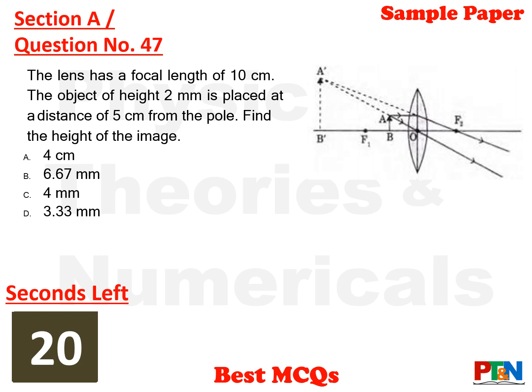Next one, question number 43. A numerical diagram has been given. The lens has a focal length of 10 cm and the object is placed at 5 cm and the object height is 2 mm. You need to find out the height of the image. 4 options given, 20 seconds time for you. Your time starts now. Take your own time, do it peacefully. If you require more time, do take more time.